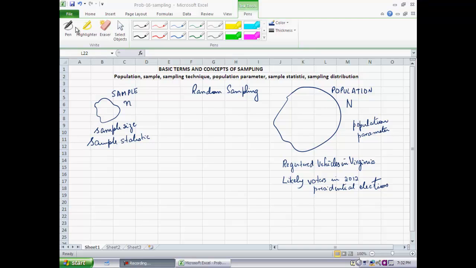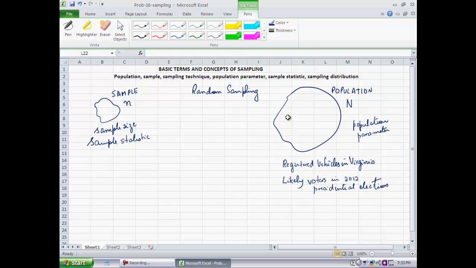The first term that we'll introduce is population, and you can see on the right hand side I've drawn a big shape with the word population next to it and the letter capital N. So what is a population? A population is simply a collection of so-called units of interest, and I'm generally interested in some property of the